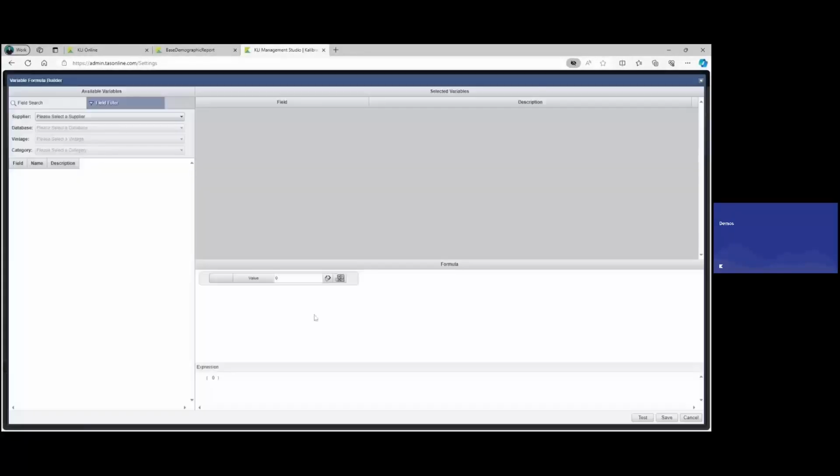Then from here, I can go in and define, and I can utilize the PersonaLive variables to create a formula. So I'm going to select my provider here, and we'll go to Spatial.ai, and my database is my PersonaLive database, and we're using the 2023 vintage in this case. And for the category, I am going to use the segments.